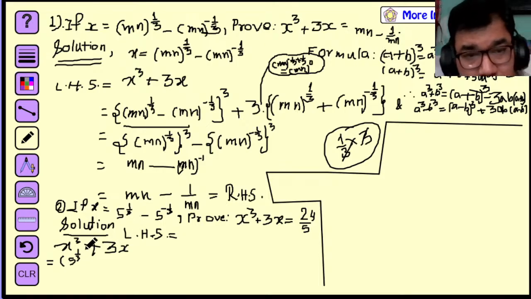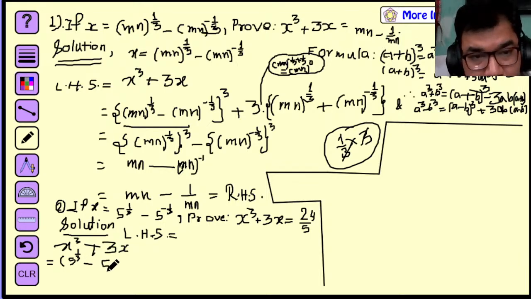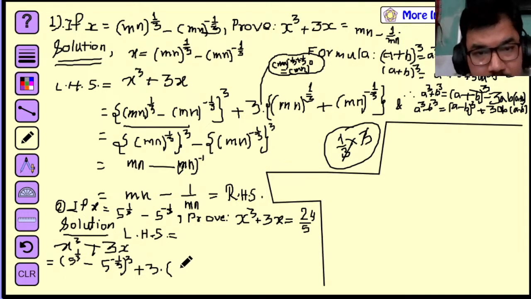and next one is minus 5 to the power minus 1 by 3. Okay, and it should be in brackets with whole cube, and plus 3x, right here 3 into, okay, and here also x, then write here 5 to the power 1 by 3. Okay, write 5 to the power 1 by 3, and then minus 5 to the power minus 1 by 3. Okay,